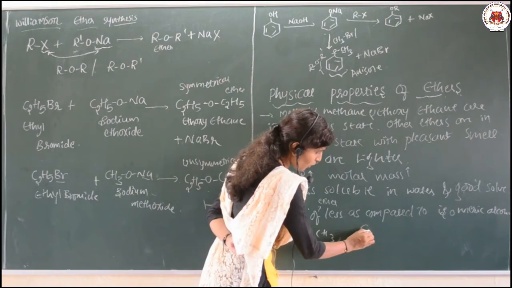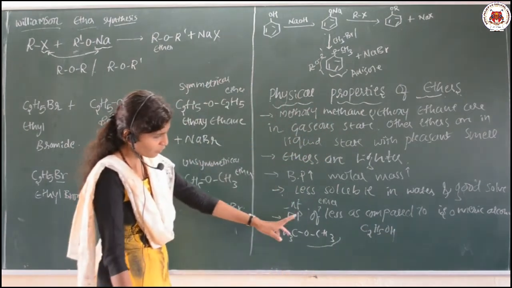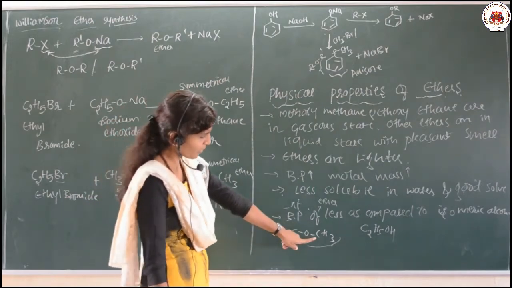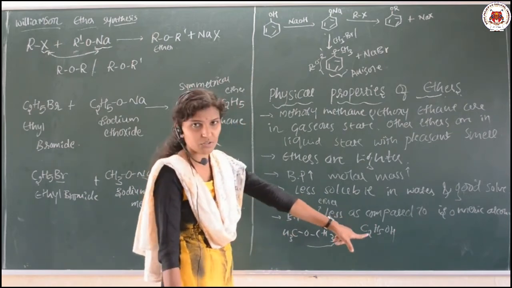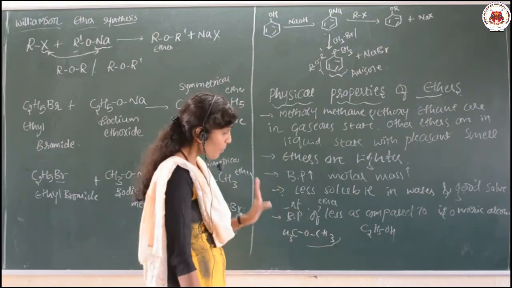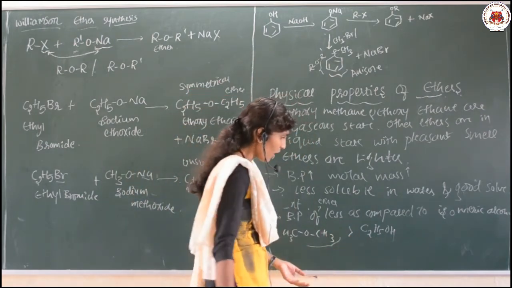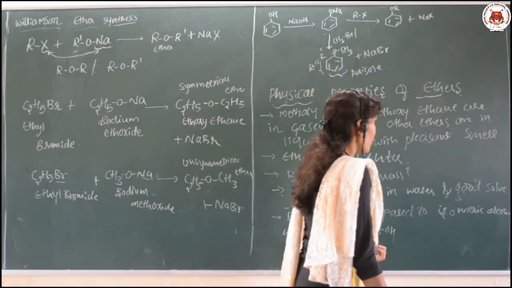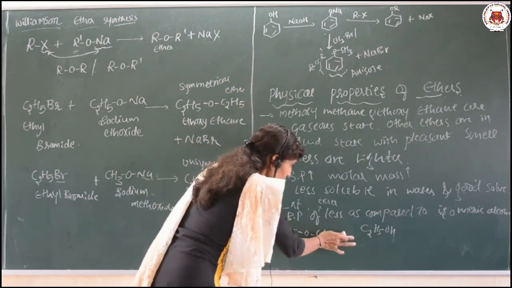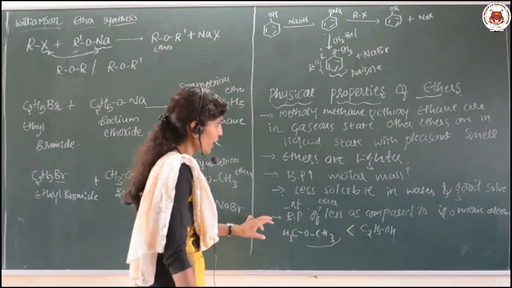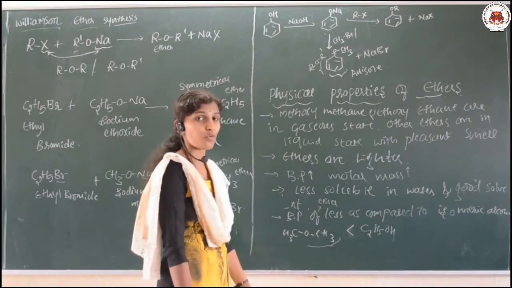Now I will write the alcohol, C2H5OH. Just look at these two, the molecular formula is the same. Here also 2 carbon, there also 2 carbon, and here 6 hydrogen, there also 6 hydrogen, 1 oxygen, 1 oxygen. But the boiling point of this ether is less as compared with the boiling point of the alcohol. Okay, so this must be like this. The boiling point of the ether is lesser as compared with the alcohol, because alcohol is able to form the